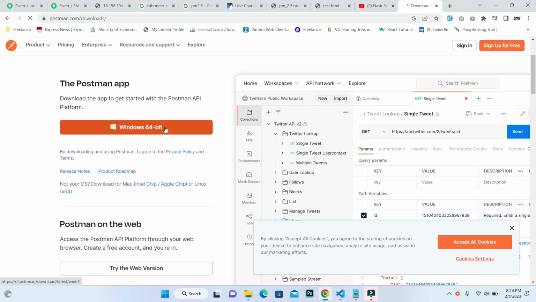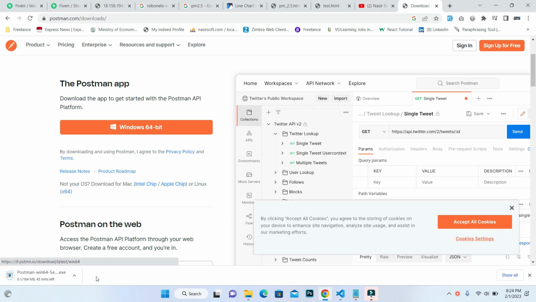So therefore, click on Windows 64-bit or whatever your operating system is. Okay, so you can download it. When I press this, the downloading starts, and based on your internet speed, it will complete. Okay, so downloading is completed. For installation, click on the download icon, and here after some seconds,